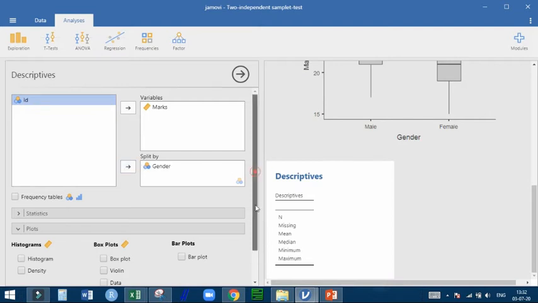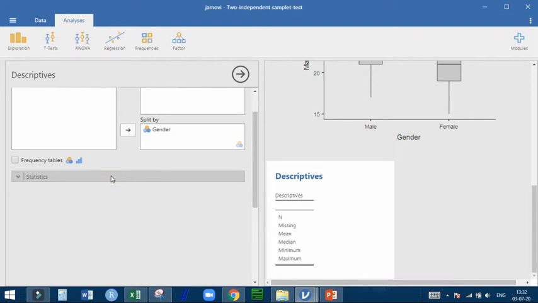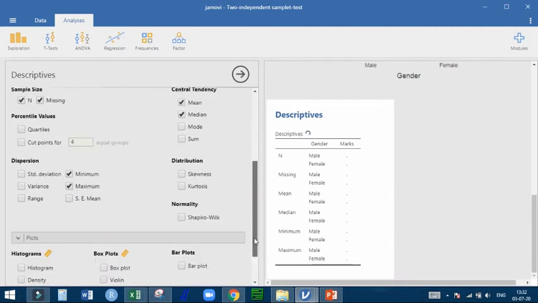Here we have options in statistics. Click on normality test. There is Shapiro-Wilk. Click on it and we don't need median, minimum and maximum.